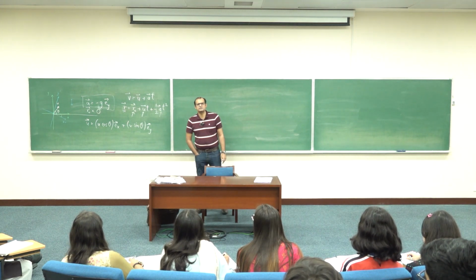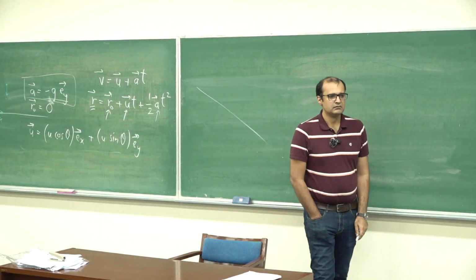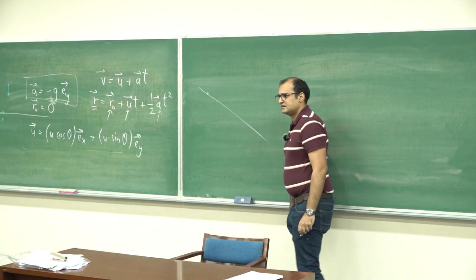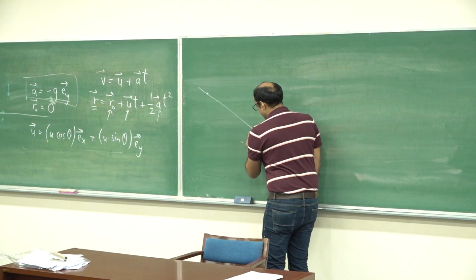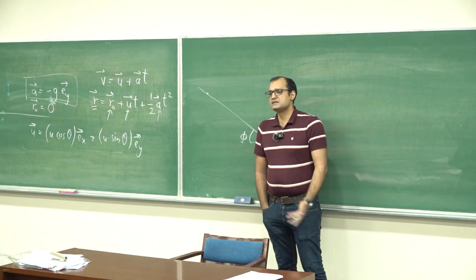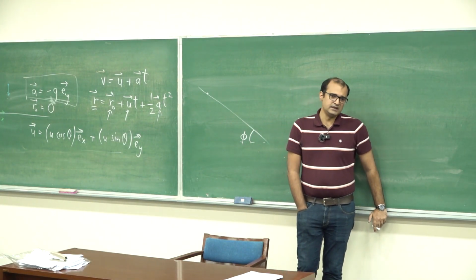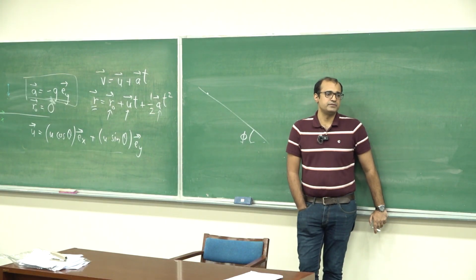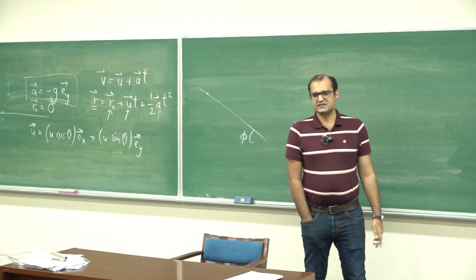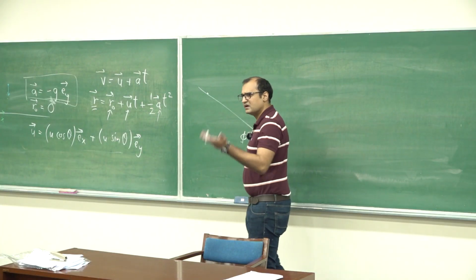There are many variations of this problem. So for example, let's change it. Let's go to a hill. You are standing on the surface of a hill and now you are shooting a projectile. The hill makes an angle phi with the horizontal. This phi of course depends on how steep the hill is. If phi is 0, you are back to flat ground. If phi is 90 degrees, you then have a very steep cliff. Normally of course, phi is not that big an angle, especially if there's a road or a rail track constructed. It's difficult to construct a road if your phi is bigger than 10 degrees.